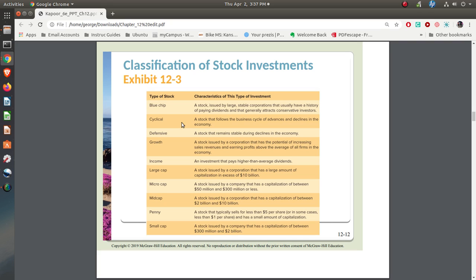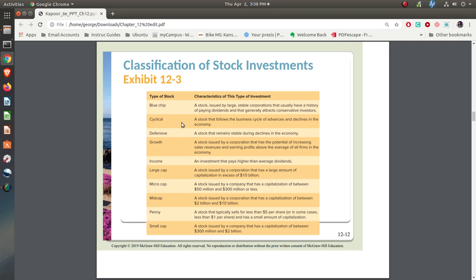A growth stock is one that has a lot of potential as far as increasing in value. When Amazon first went public, it was trading at a particular price, but there were a lot of folks who thought that it would really do well, and it was considered a growth stock. Same thing with Facebook. An income stock is one that will declare dividends quite often. The thing is, the dividends are higher as far as a percentage is concerned than some of the other stocks.